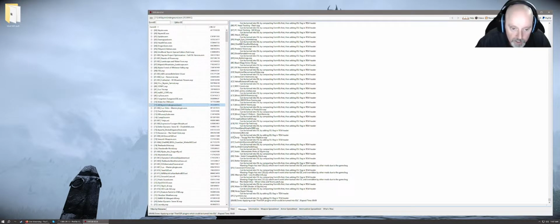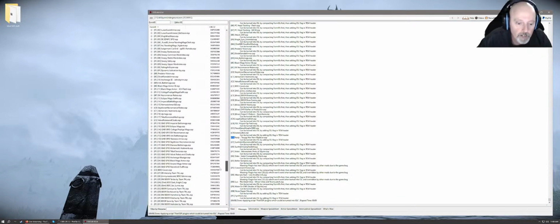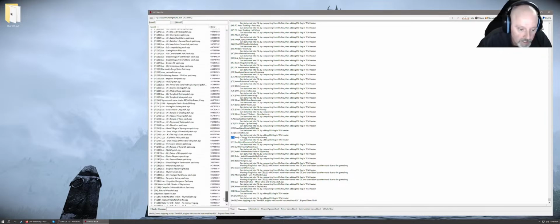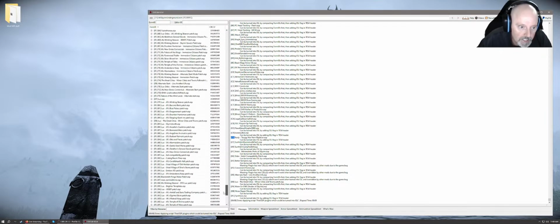So this is Kanji's Torag's Warhorn Replacer. And it says the same thing. Can be turned into ESL by adding ESL flag to the TES4 header. So that's exactly what we're going to do. The first thing here, CE, that's giving me the load order, where it is in the load order. So we're going to come down here and we're going to find CE, that's D,